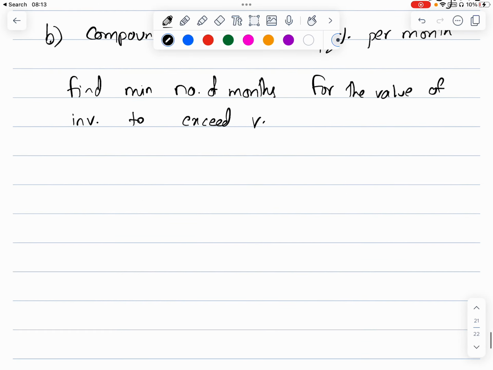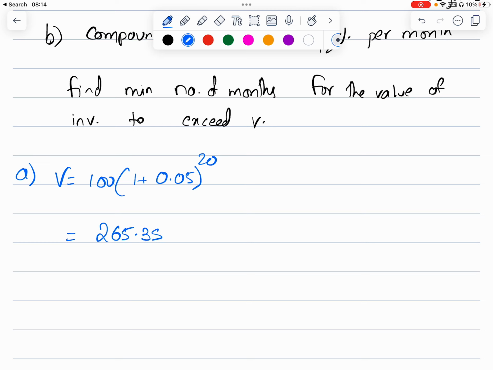So first of all, we'll calculate for V, which is compounded annually. So V equals 100 times (1 plus 5%), 5% means 0.05, whole to the power of how many years? 20 years. So it's going to be approximately $265.33. That's going to be the answer for the first part. For the second part,